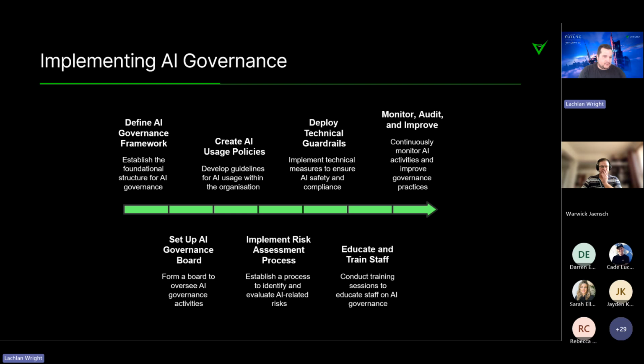We talk about how important AI governance is in being able to adopt agentic and generative AI in an enterprise context, so we want to talk a little bit about how you actually do that. Step one is always going to be, what does your AI governance framework look like? We've got to define it. There are three key things to that. One's policy. So what are the principles, rules, and standards for AI usage in your organization?